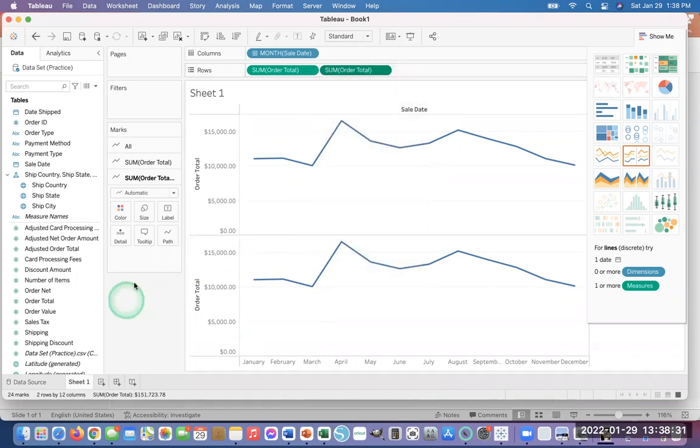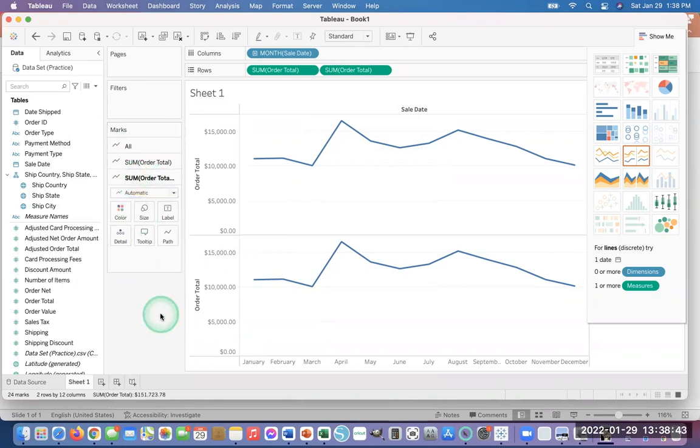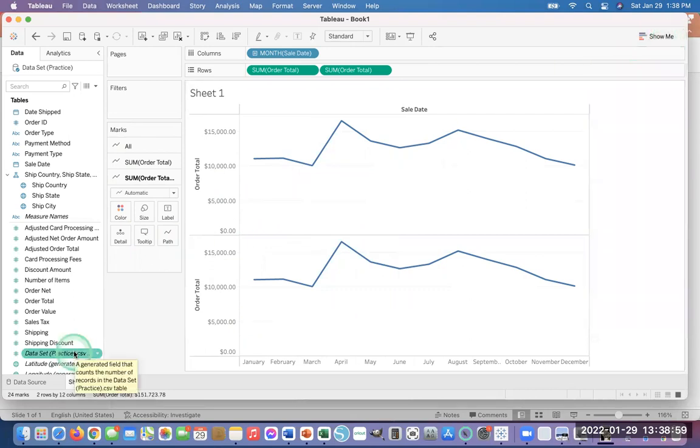Now, what I can do also is I'm noticing that now in my marks area, I have All, and I have some order total, and I have some order total. So what ultimately happens at this point is All controls both of these visualizations, and then the other two are the individual ones. So I can actually edit and change. Actually, let me get rid of Show Me, but I can edit and change one of these graphs now and not the other. So in this sum order total one,